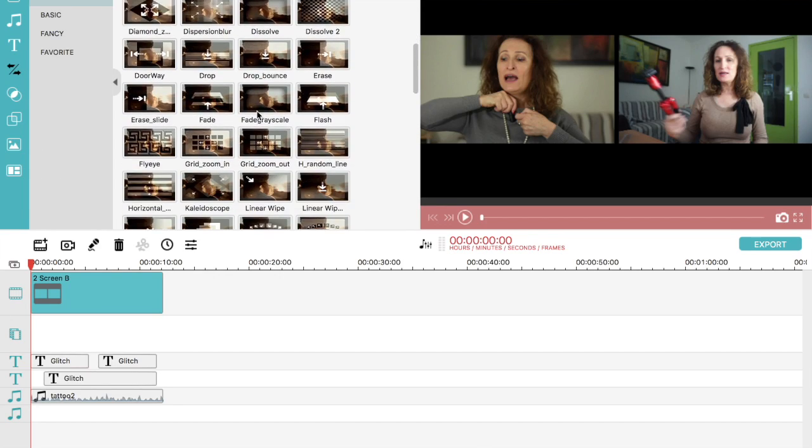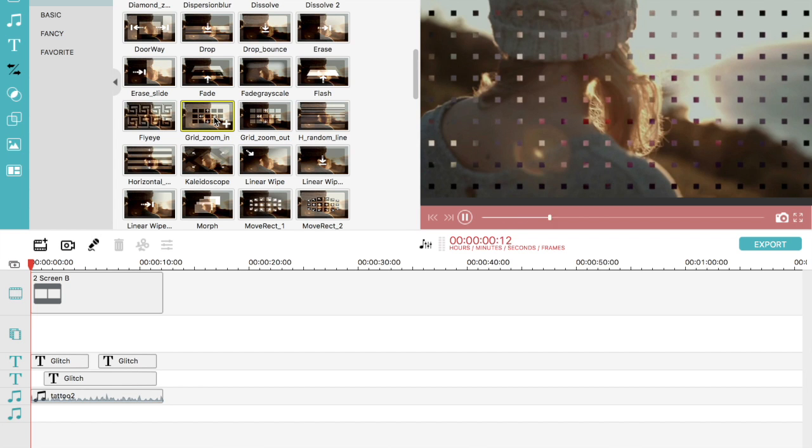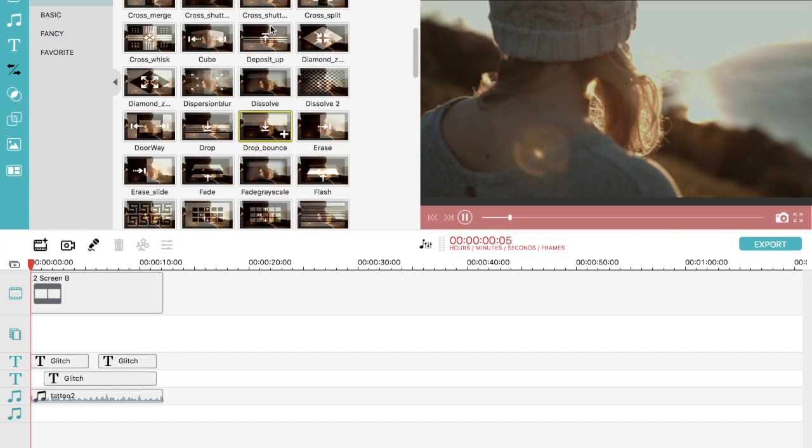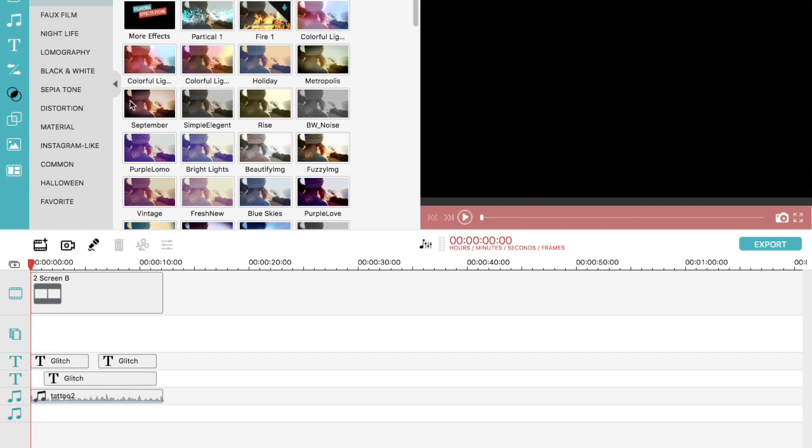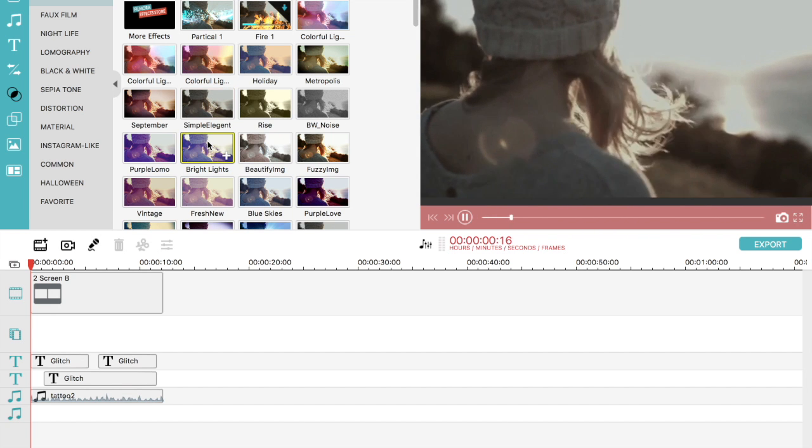Obviously, iMovie does not give me everything I need. So when I want to do something different that iMovie does not allow me, I use another software called Filmora. Filmora is not very expensive, but it gives you a ton of different features and effects, things that iMovie does not. The only drawback is that,